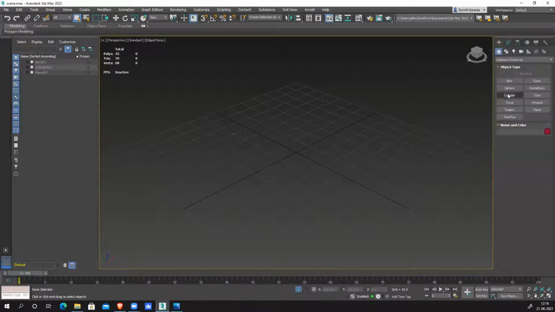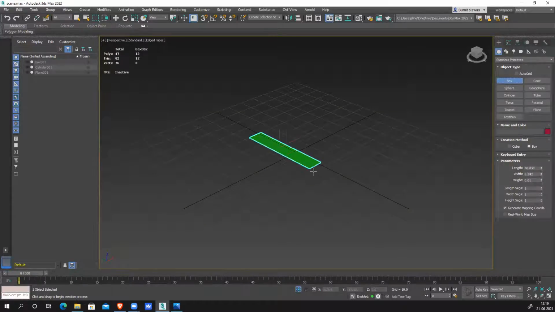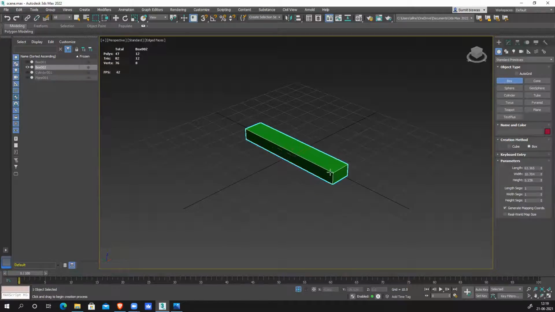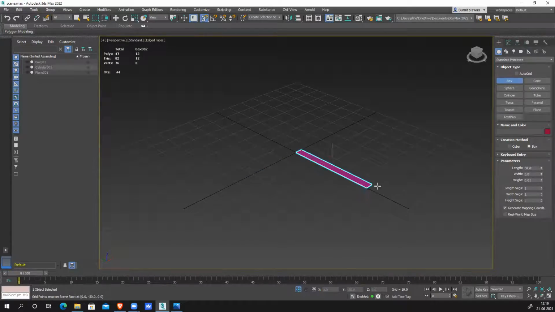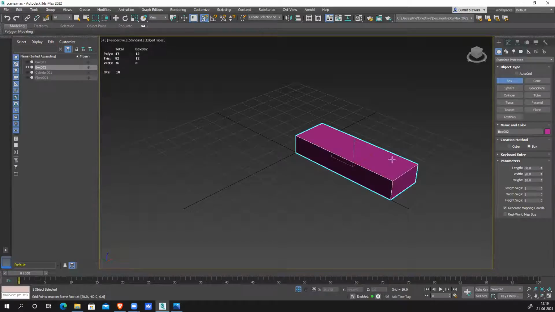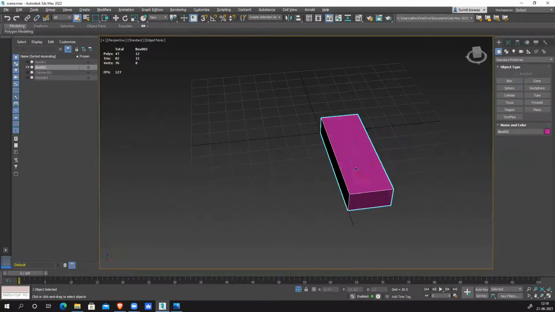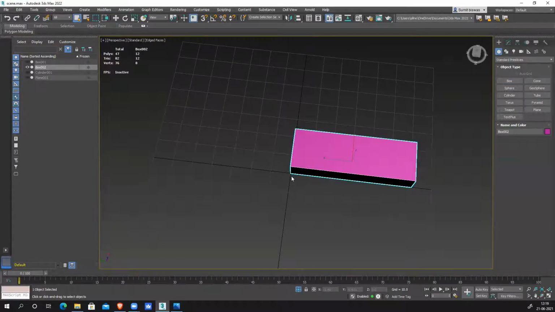Yeah. Now I need to create that tube light shape. So let's see. I'll just simply switch on my grid point, so I don't have to do it again and again. I got this thickness. It's perfectly snapped in this corner. So when I export it, the pivot point will come here automatically.